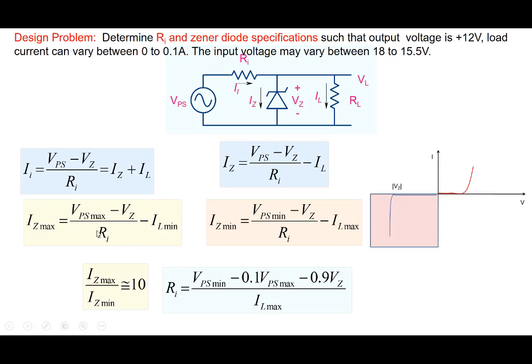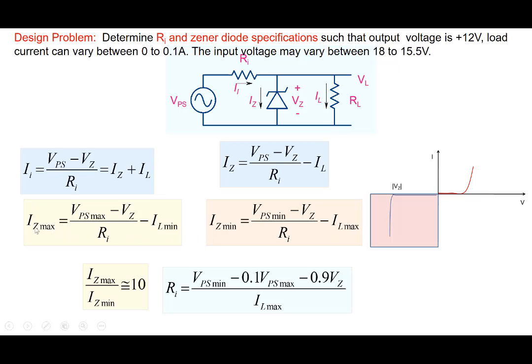Given by this, just taking a ratio and rearranging, we'll get Vps max minus this one here. And in deriving this equation, we have taken IL min equal to 0. So even if the problem gives you IL min which is not 0, let's say IL min was 0.01 ampere, we should still design for IL min equal to 0, because it can always happen that nothing is connected to our RL, to our load here, or the load is removed, and in that case